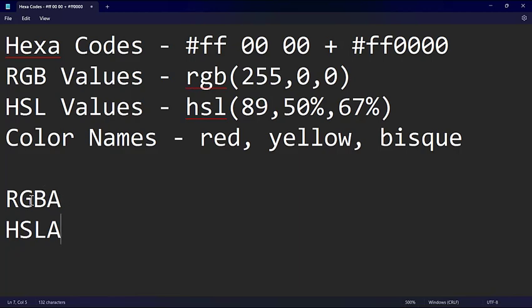So if you look closely, you could see it's an RGBA, and the A here stands for the alpha channel, which is used for transparency. So RGBA stands for alpha channel, which is used for transparency, and HSLA also has an alpha channel, which is used for transparency. And how are these colors represented? So in representation of these colors, let me just copy this